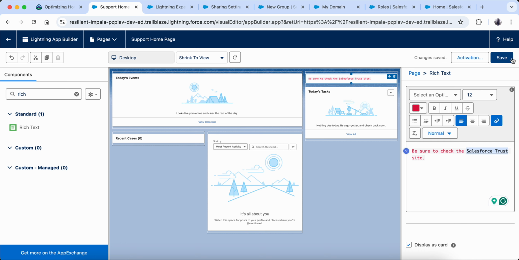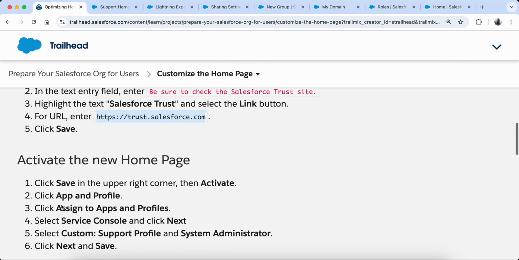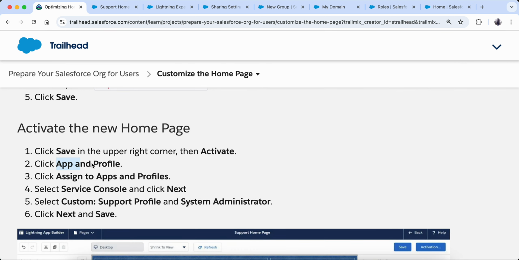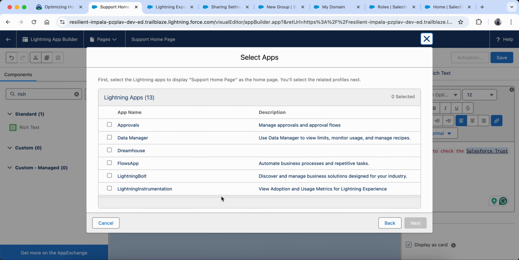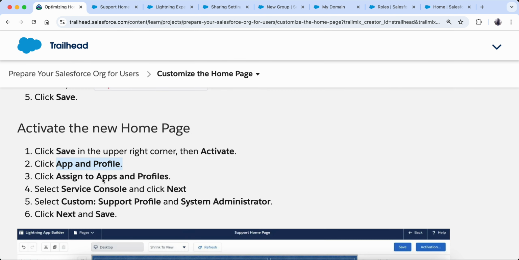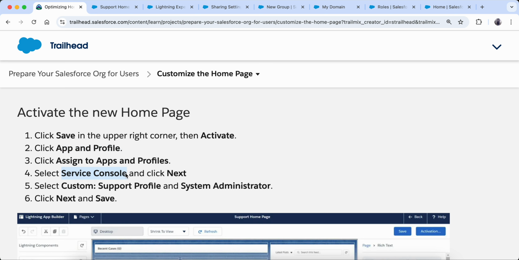The changes are saved and they will come something like this. Okay, but I think we have not activated, so now I'm going to activation. Okay, and it is going to ask me something like org default, app and profile. For now I'm going to see what they are saying. Click app and profile. Okay, so this is the app and profile. Click assign to apps and profile. Okay, so which app and which profile I'm assigning, let's see. Select service console. Okay,